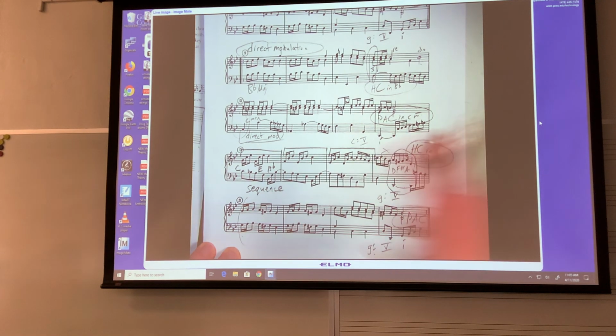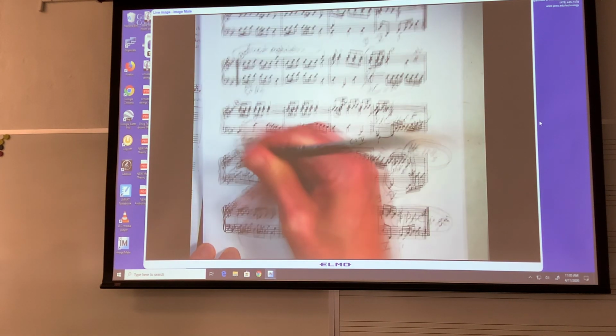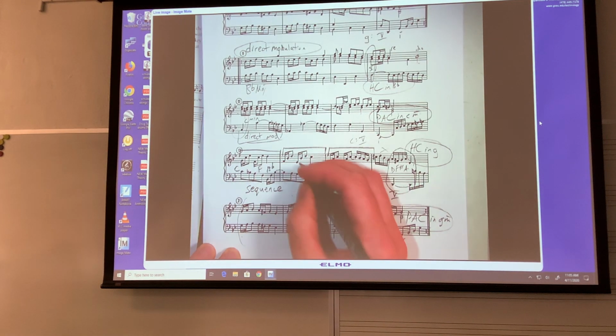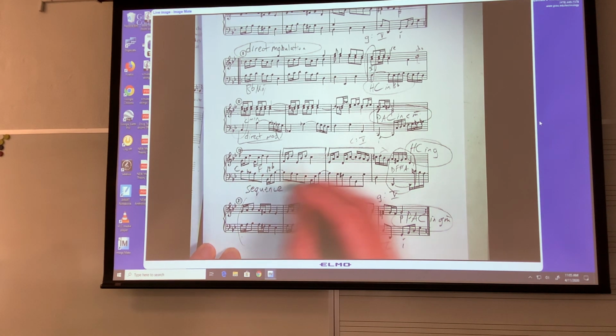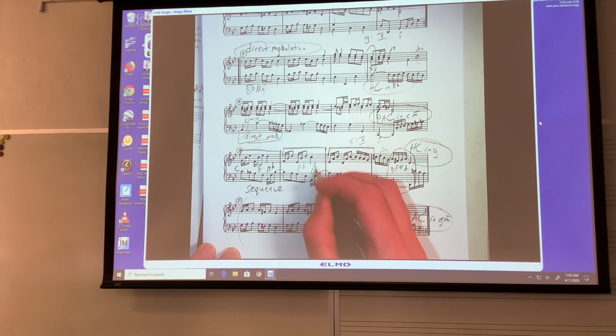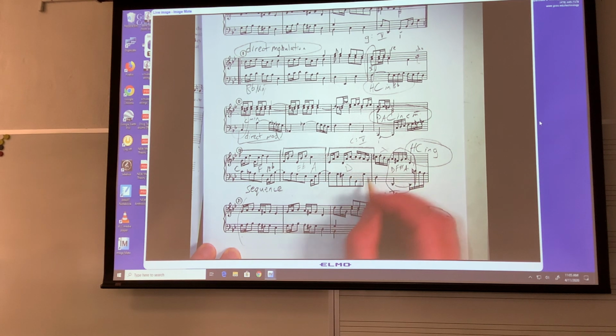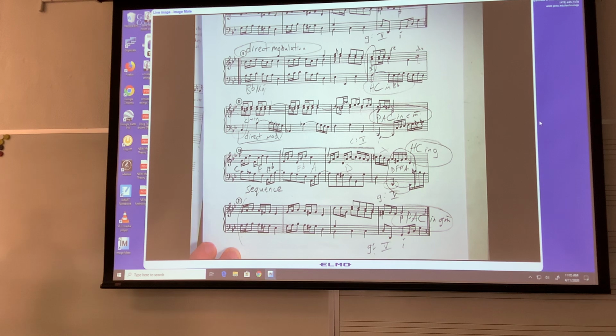And then we stay on D as our dominant. So here we have a sequential modulation,